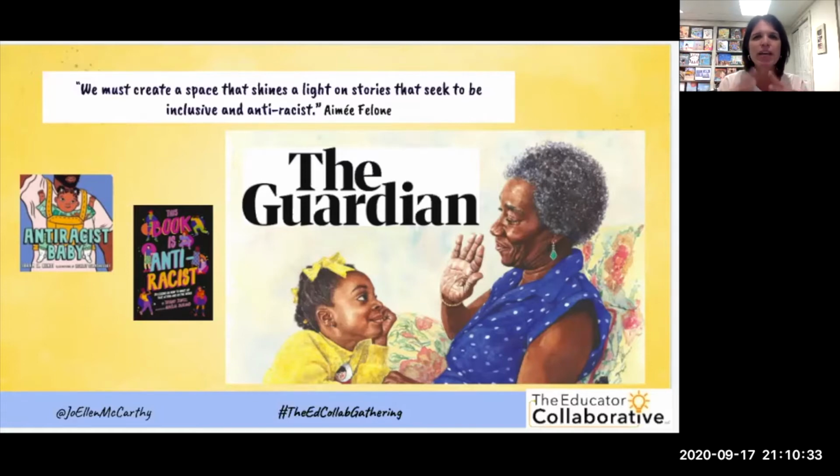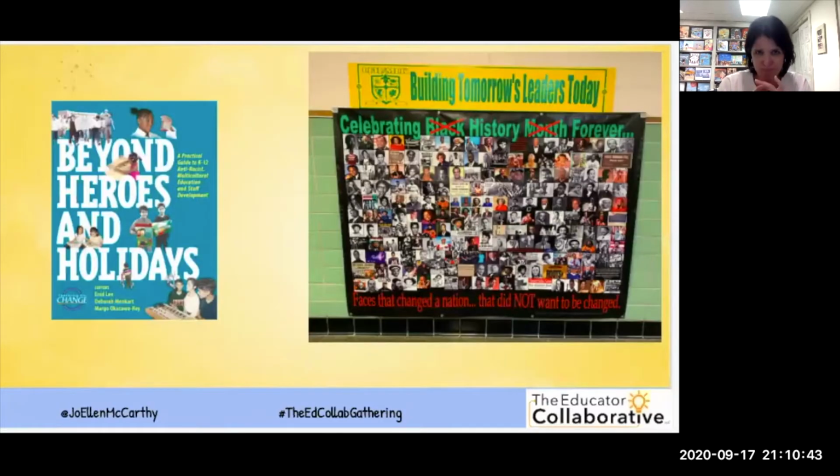And this needs to be everyday work. How are we using books? How are we using the stories that we share to really honor the voices? One of my favorite examples comes from a school that I work in, MLK, where this is on the halls and walls. As soon as you walk in, you can see this sign everywhere, right? We're talking about how we're celebrating history, not just Black history.